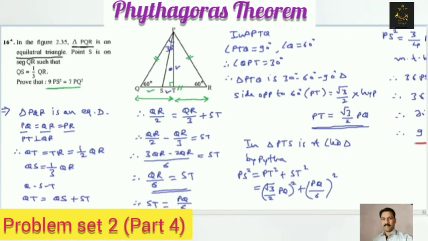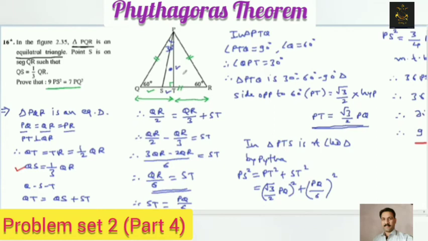Again see here, from the beginning what we solve in this particular triangle PQR, which is an equilateral triangle. All three sides are the same. First PT is perpendicular to QR, and whenever in an equilateral triangle a perpendicular is drawn, the base is bisected. So QT and TR are both half of QR, and this QS which is given to us is 1/3 of QR. So by using that betweenness we'll first find ST in terms of QR. So QR is nothing but PQ, like this.